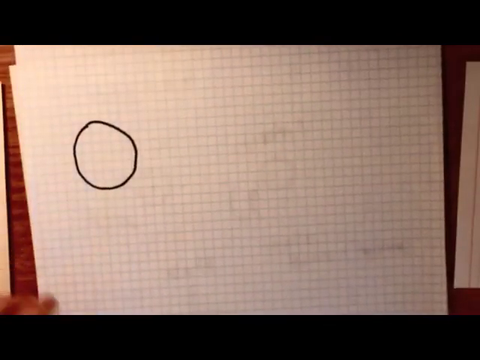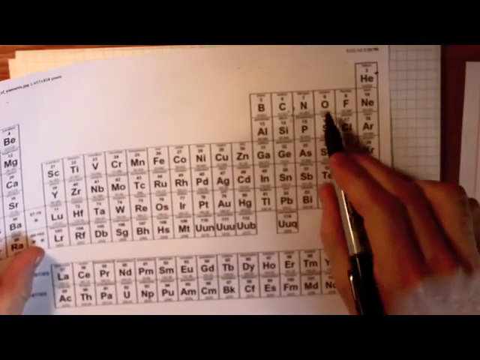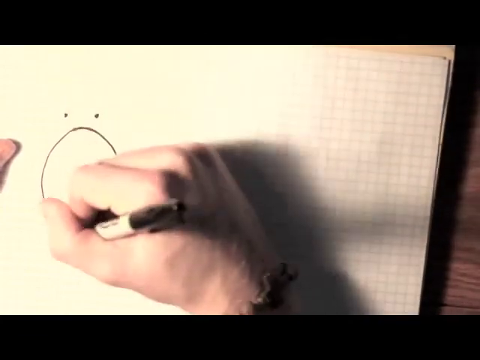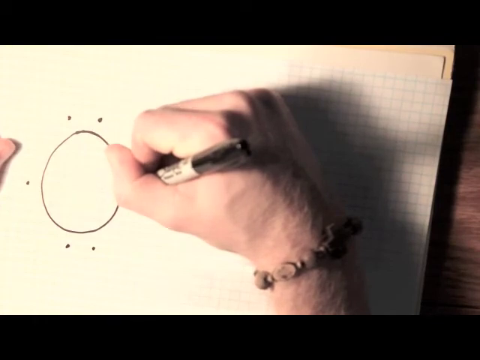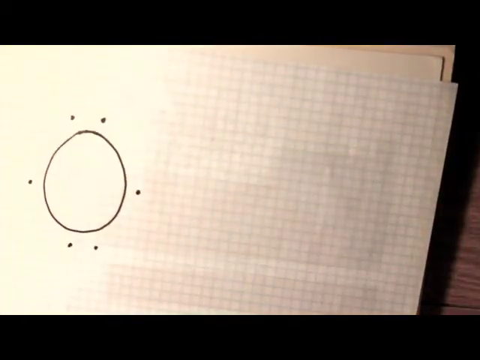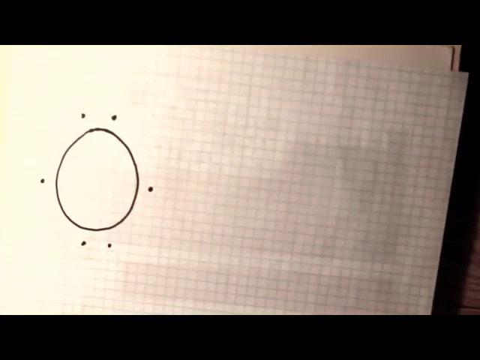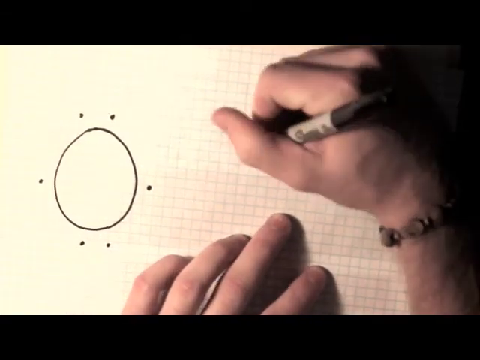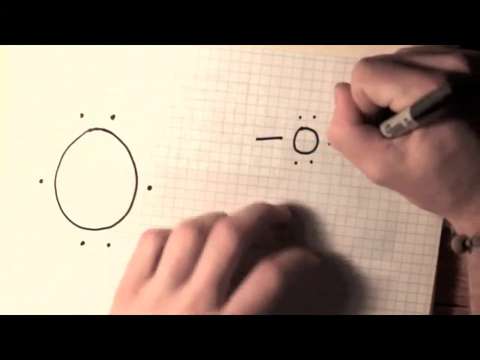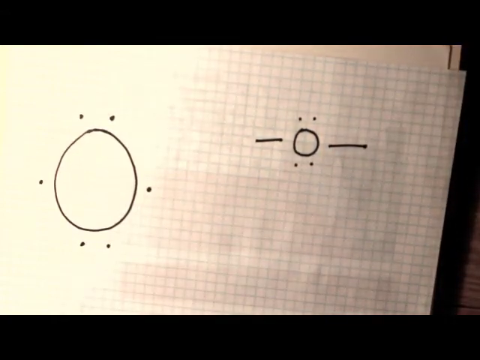Up next, this guy here is oxygen. He is 1 space to the right of nitrogen, which had 5. So oxygen has 6 electrons in its valence shell. I'm going to draw 6 dots around oxygen, like what we were doing before. And a lot like nitrogen, oxygen doesn't have a lot of options to choose from if it wants to feel 8 electrons. He has 2 options. I'm going to draw them here. He can either form 2 single bonds. We got 1 on the left and 1 on the right. These 4 electrons are just going to have to hang out here.